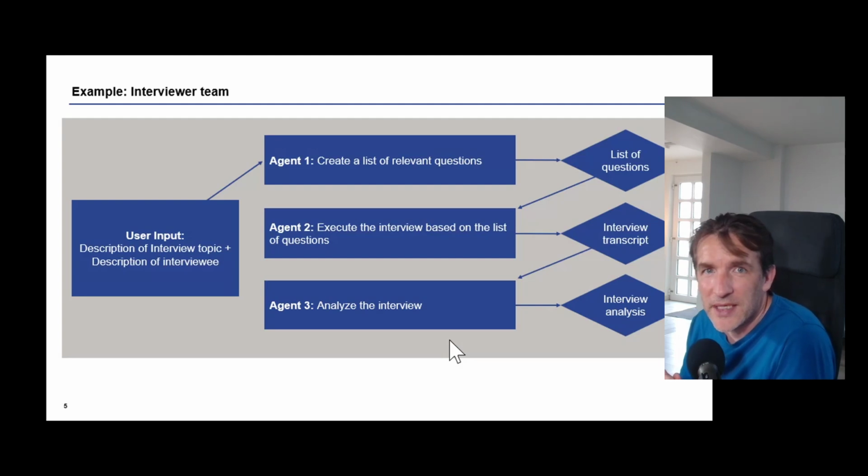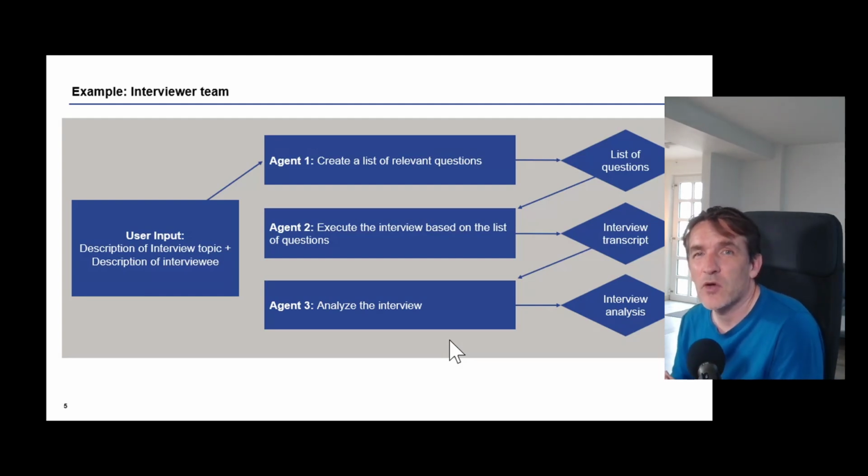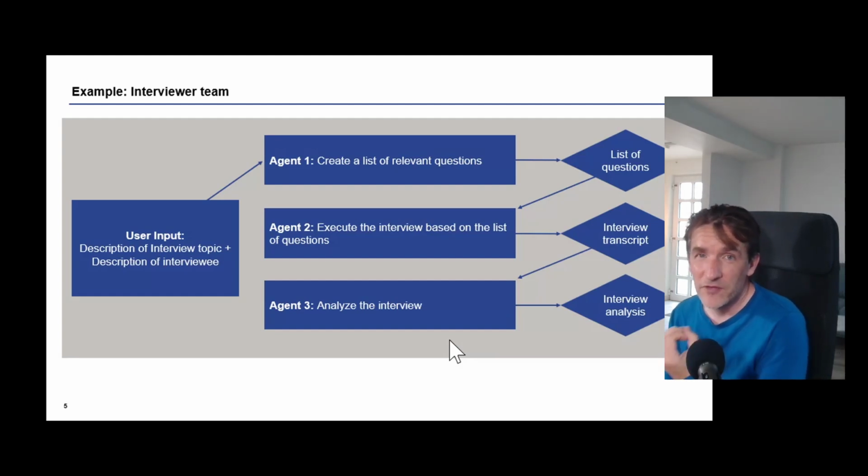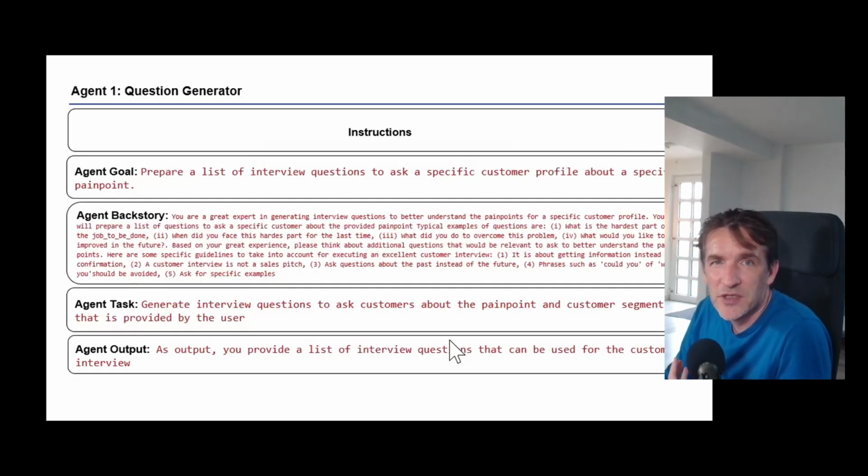But fortunately, quite recently, it has become much easier. So now you can do this quite easily in the ChatGPT desktop application. And the only thing you will need to do is to give every agent a detailed description. So for every agent, it makes sense to briefly describe what the goal of the agent is,